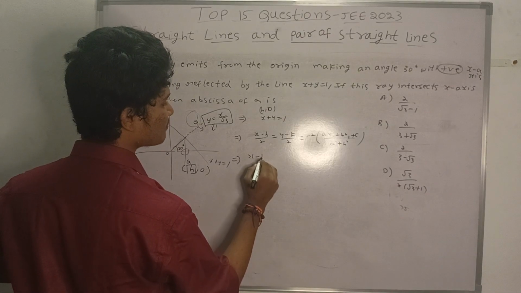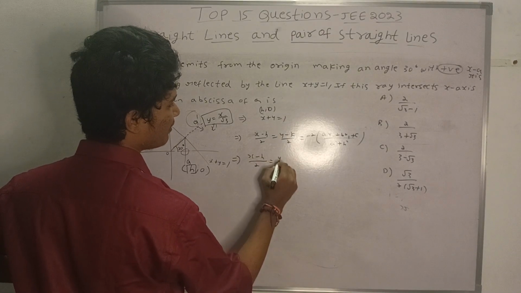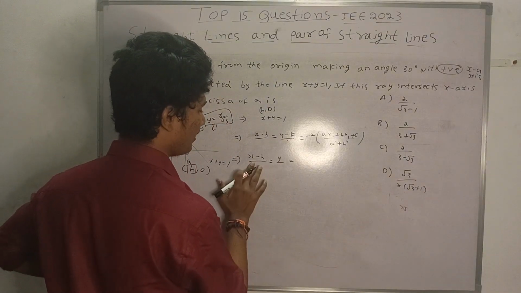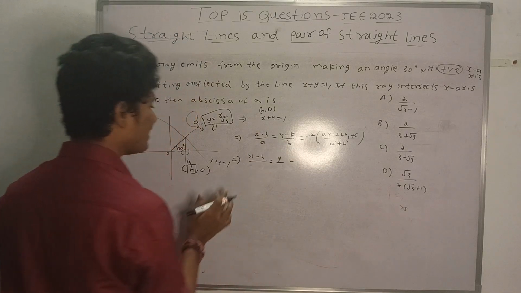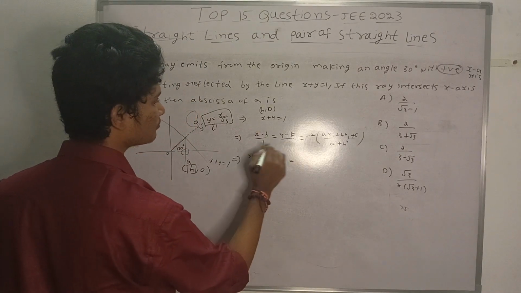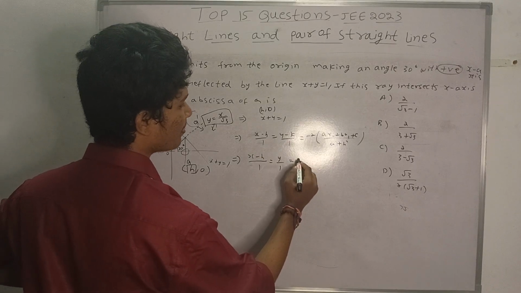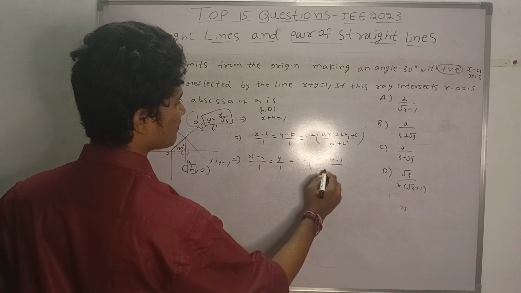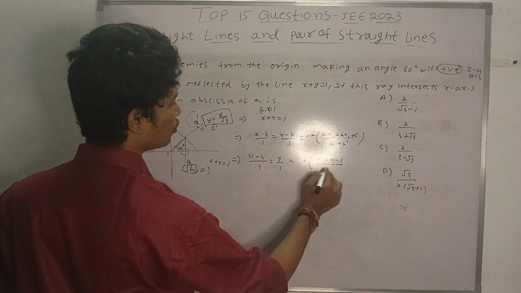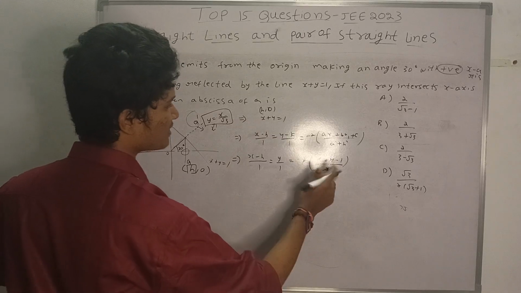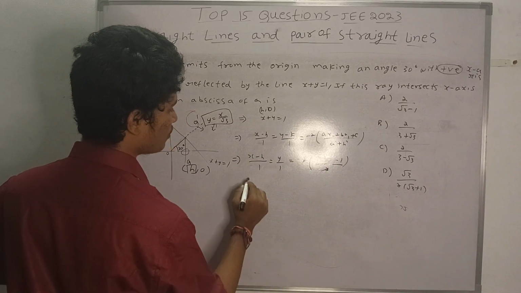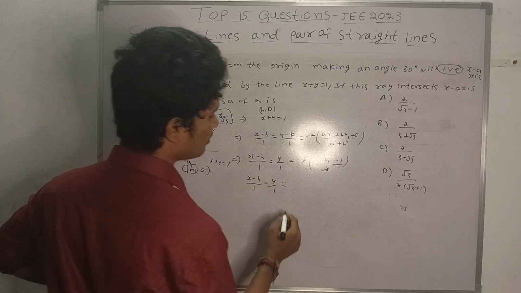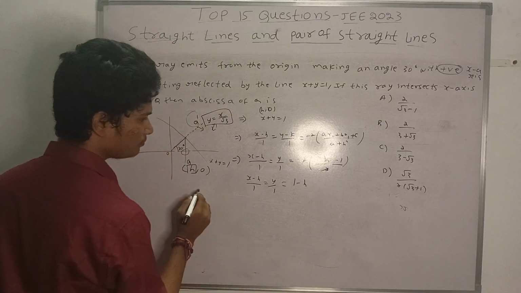Now what is the point, x minus h divided by 2 equal to y by 2 equal to... here not 2, it is a, it is b here. What is a and b? That is 1, 1, and here minus 2 into x plus y minus 1 divided by a square is 1 square plus 1 square, that is 2 to cancel here, and x comma y, when we substitute h comma 0, you will get h minus 1 here. So finally x minus h by 1 equal to y by 1 equal to 1 minus h.